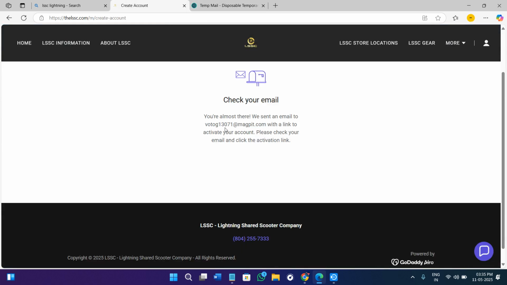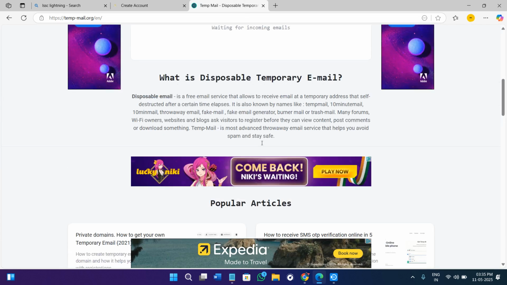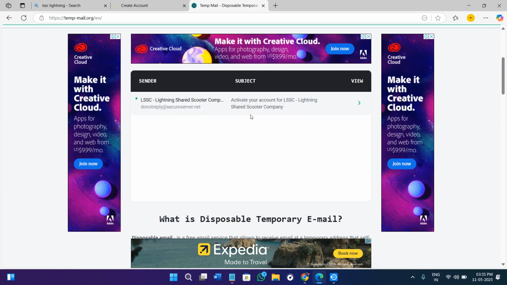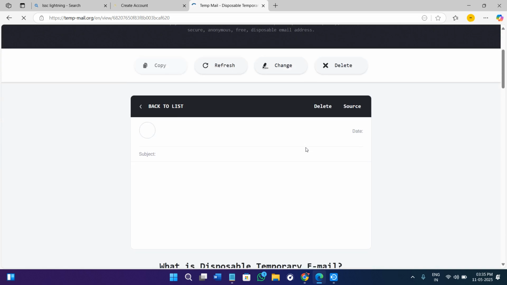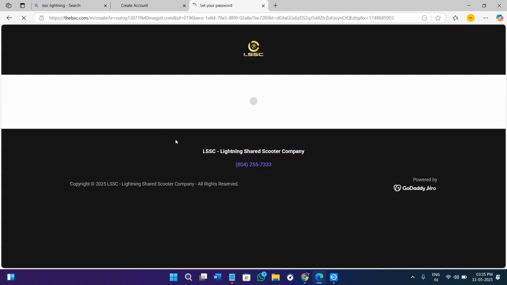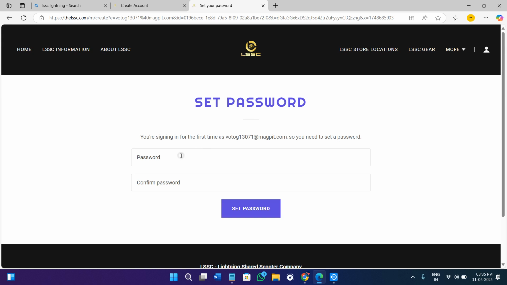Then it will say that they have sent an email to your registered email address. So their email should look something like this. So you need to click on this email and you need to click on the option of activate account. Now it will ask you to create a strong password for your account. So you can type a strong password for your account here. So after giving the password, you will have to just confirm this password as well and then click on the